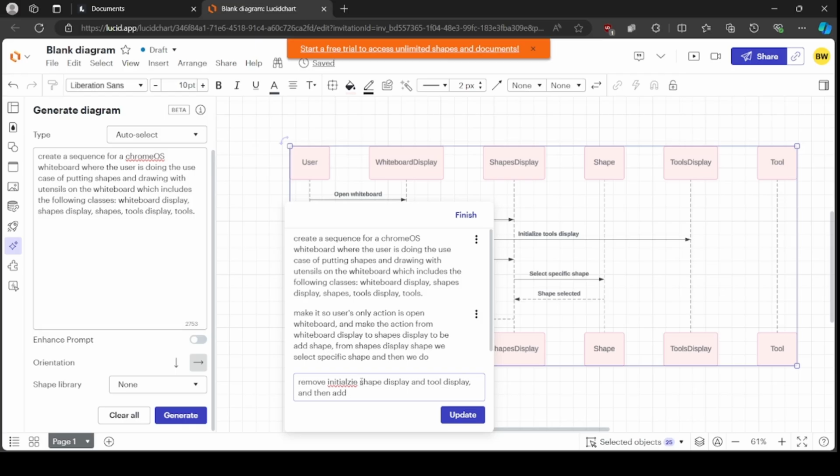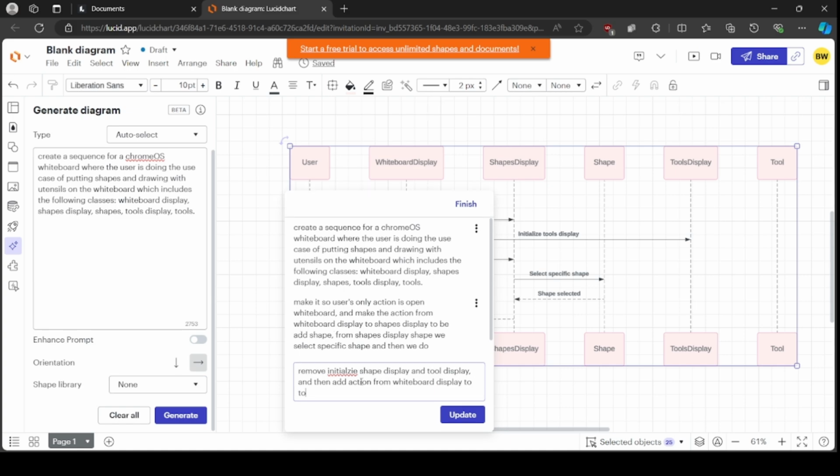and then add action from whiteboard display to tools display with the label. I mean, we do that too. Select tool, or actually let's do drawing, draw on whiteboard,